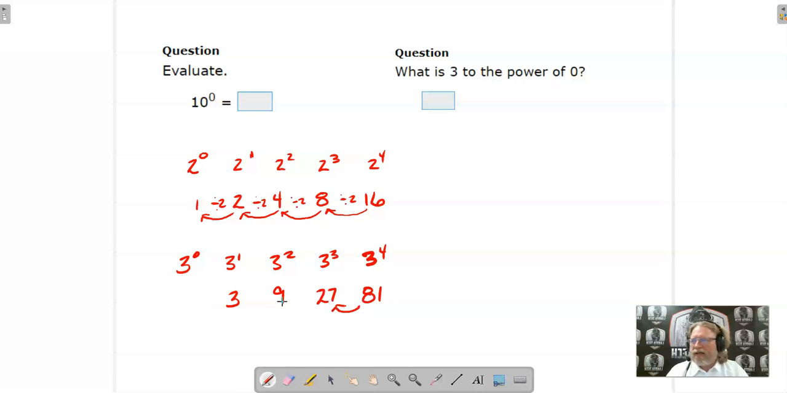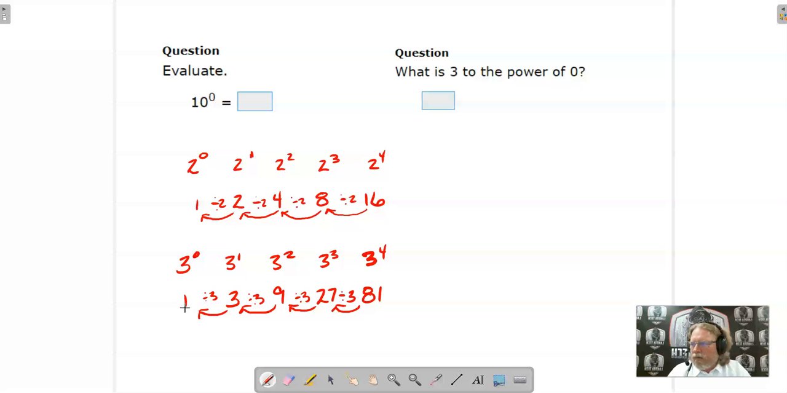No, that's not it, because it doesn't work to get to 9. So I must be dividing. So I'm dividing by what? 3. 27 divided by 3 is 9. 9 divided by 3 is 3. 3 divided by 3